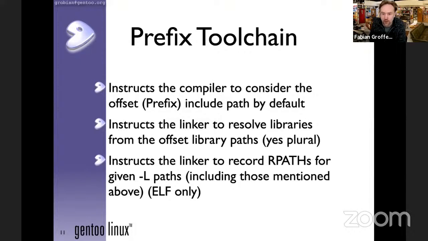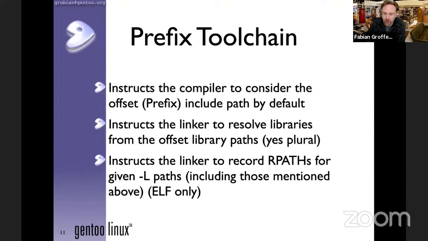It also tells the linker, in whatever way is necessary, to look inside this offset, so it finds the libraries that we installed in there. In accordance with that, it also adds instructions such that the built binary itself can execute without any help, without any changes or environment settings. It can do that through rpath expressions, for instance.